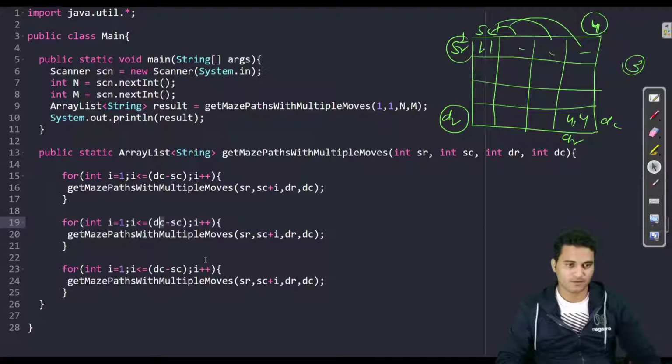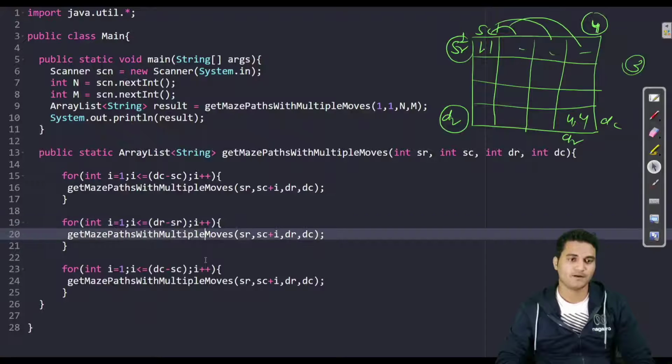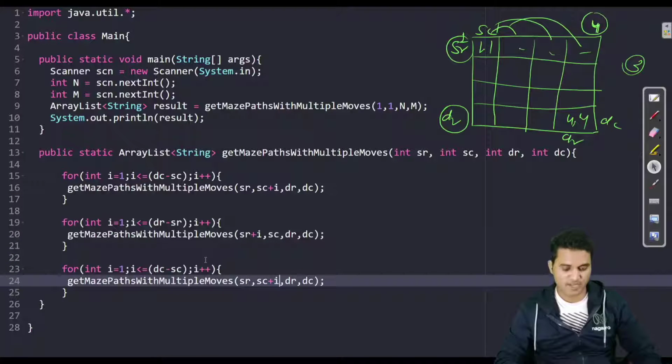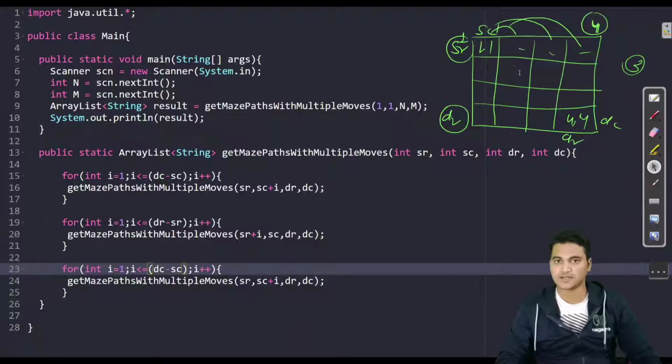And here SR plus i. The column will not change. And in case of diagonal, how many calls can you make? This is a little bit complex, but let us try to understand. Either you can move here, or you can move here, or you can move here. So how many calls can you have?